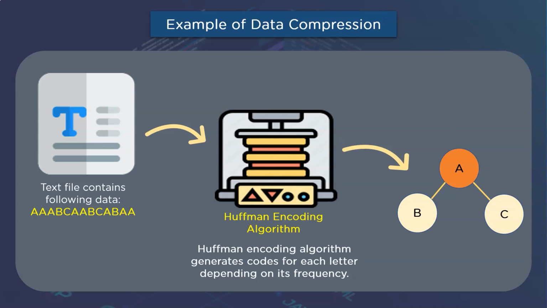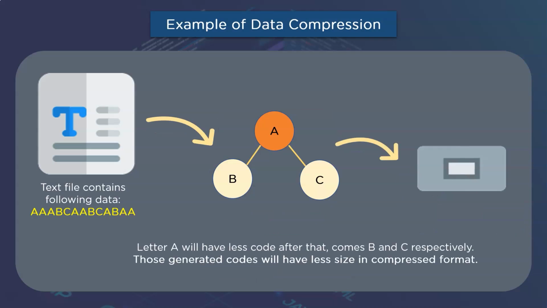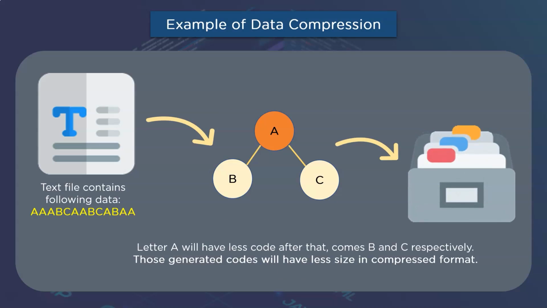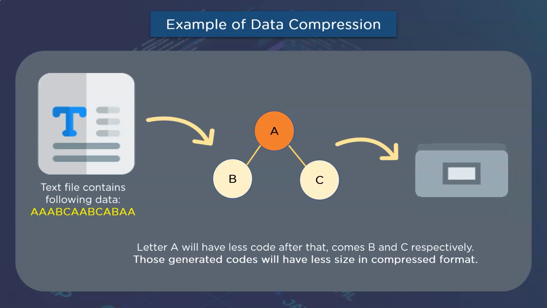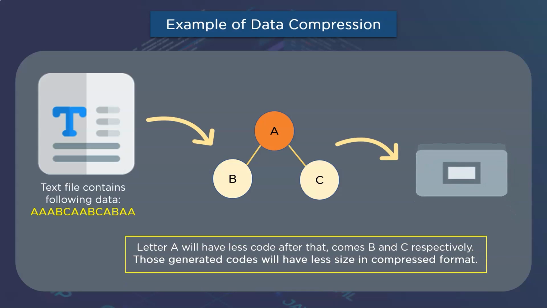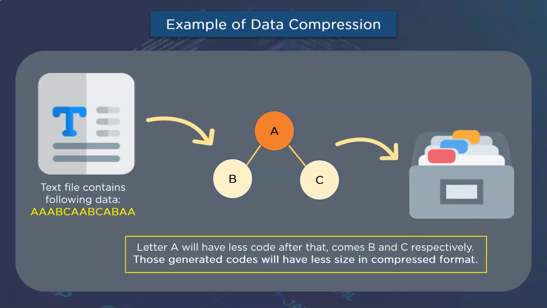Now, according to the amount of generated code, the priority queue will determine the priority of characters and will store them. These codes take less size than the actual characters in memory space, and due to the mapping of occurrences, data does not get lost. I hope now you guys understand why the priority queue is treated as an abstract data structure itself and why it is the better version of the queue data structure.